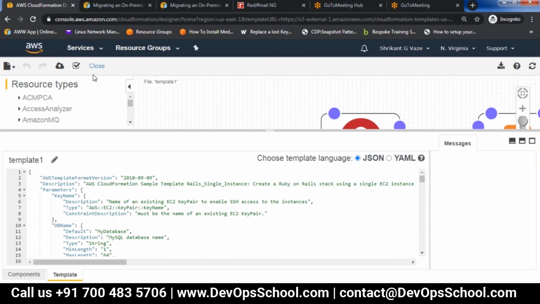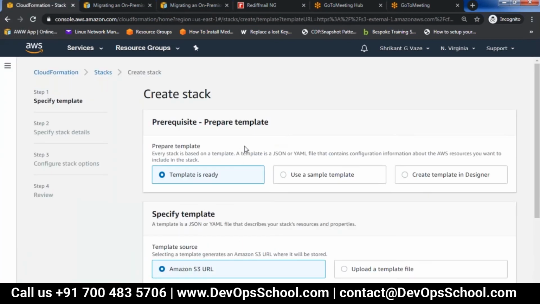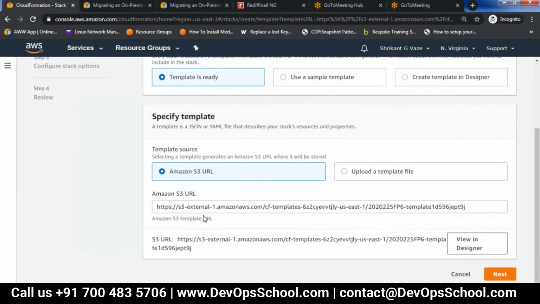So the template is valid. Now if I click on create stack, fine. So we have seen this in Designer.